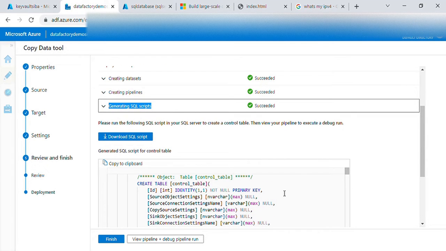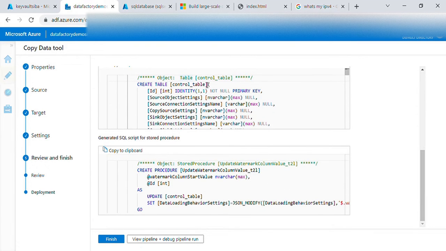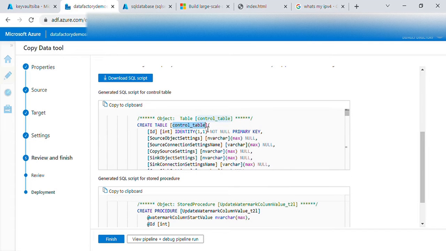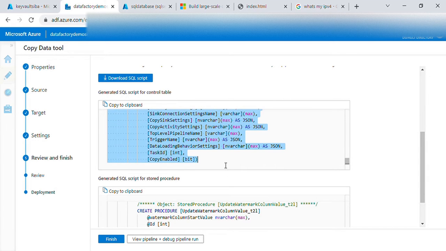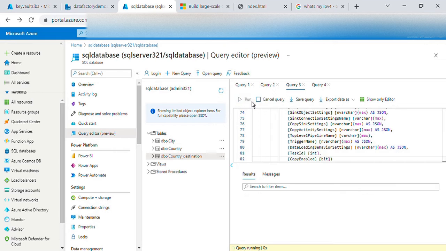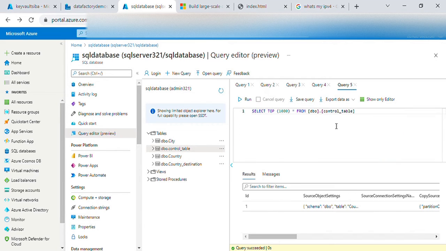So in this SQL script, what it will do, it will create a control table for us. So the name of the control table we gave control underscore table. So the script is ready. So we'll just have to copy this and run it. We'll run it here only and run. So it will create another table which is called control table, and if we see, there will be